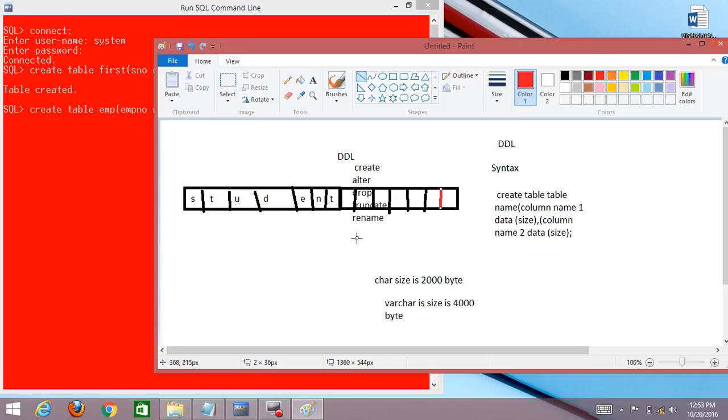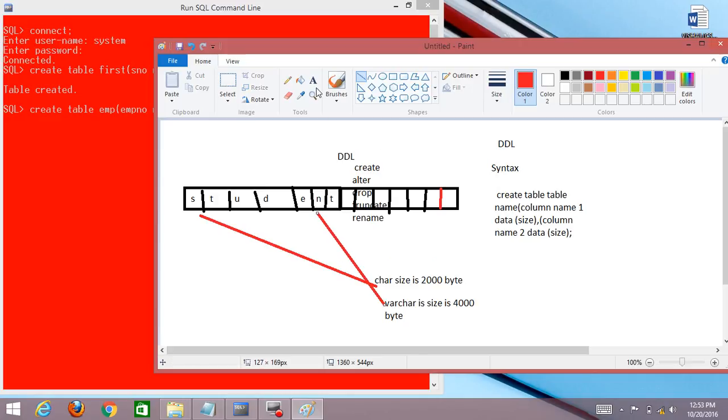Character functions are used in this table only for a fixed value. VARCHAR is used for the fixed value in the table, no problem.